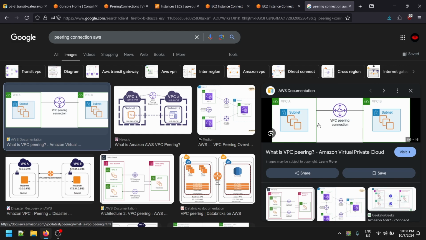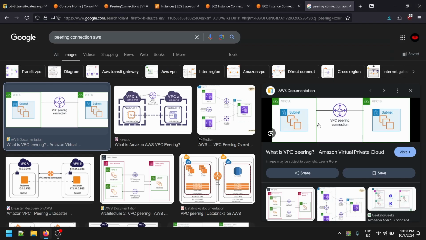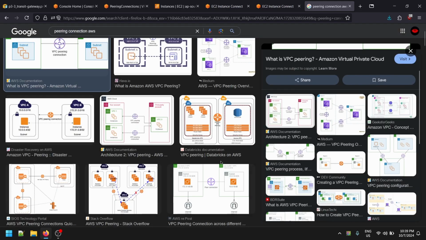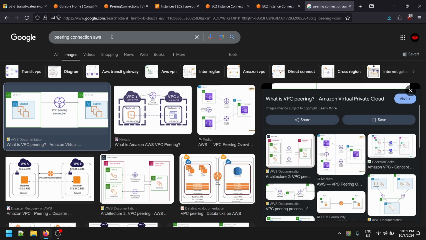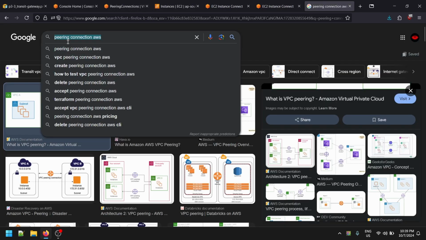There is one major limitation inside VPC peering. The one major disadvantage is that you need to select the destination and the requester, so the destination VPC and the requester VPC. There are two VPCs you can only set up with the VPC peering connection. Inside the transit gateway itself, if you can see,